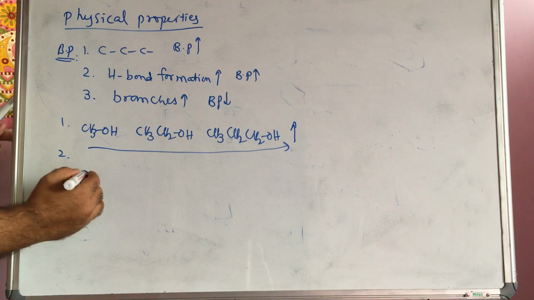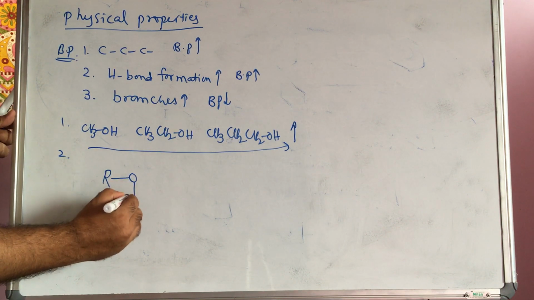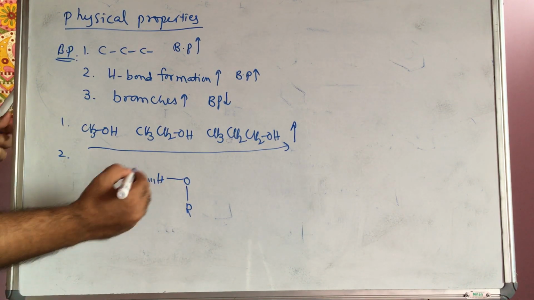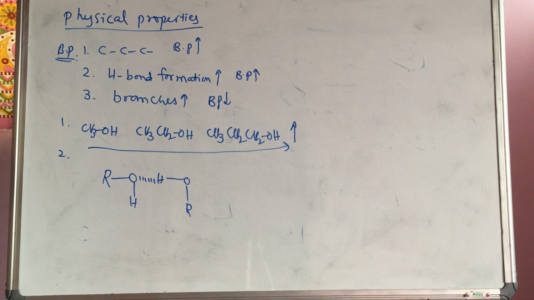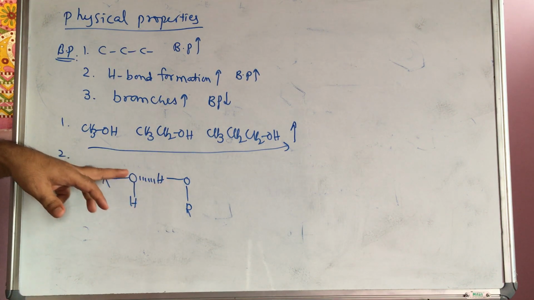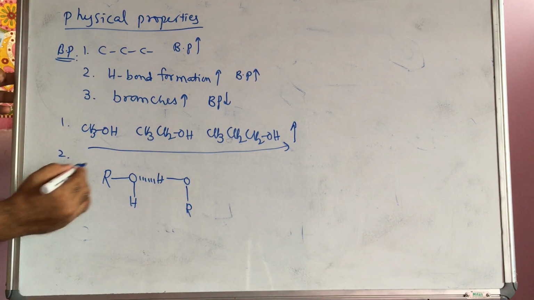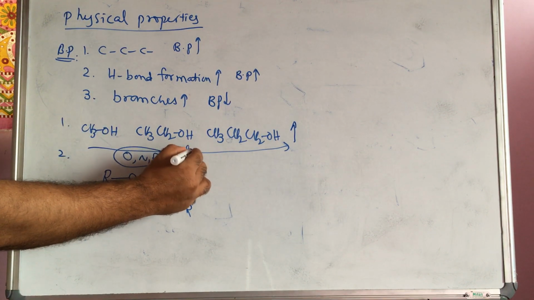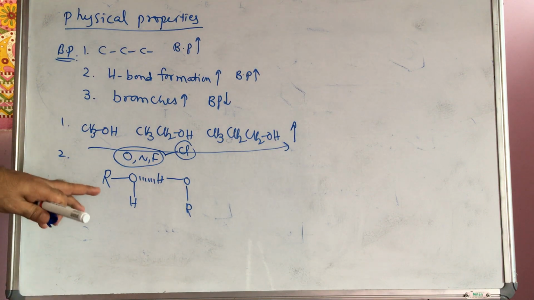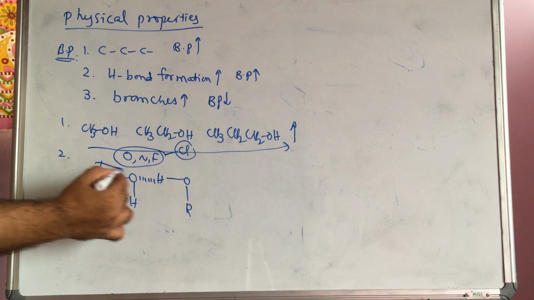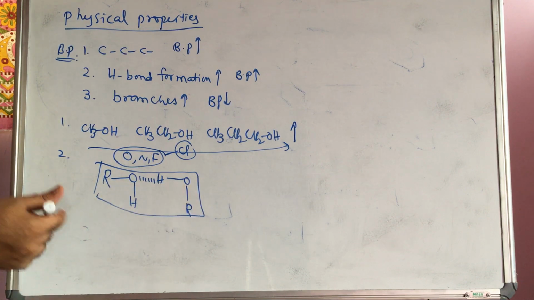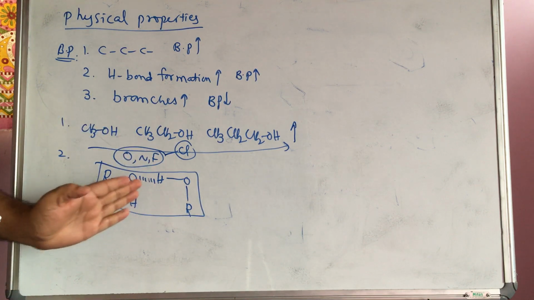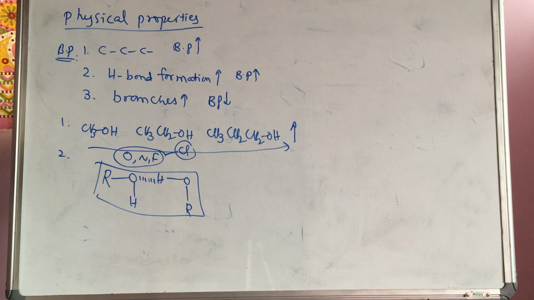First we will discuss hydrogen bond formation. If you take this alcohol and this another alcohol, in between them a hydrogen bond forms. First we should know what a hydrogen bond is. The hydrogen bond is formed between hydrogen and a more electronegative atom like oxygen, nitrogen, fluorine. These will form hydrogen bonds. Sometimes, rarely, chlorine also forms hydrogen bonds. So like this a hydrogen bond forms. If a hydrogen bond forms, two molecules are together, and to break this bond the energy required is more, that's why the boiling point will be increased.